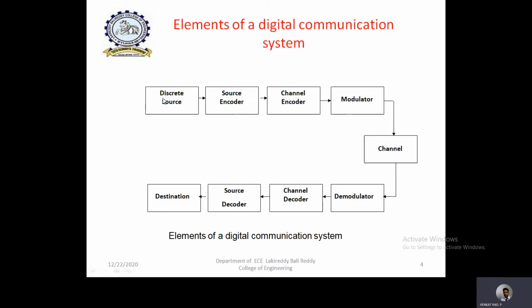As you know, initially there is a source, whether it may be an analog source or a discrete source. If it is an analog source, we need to convert it into discrete and then digital. So conversion of this source into digital is done by using the source encoder. Here you should know the difference between source encoder and channel encoder. Then only it is very easy to understand what the linear block coding method is.